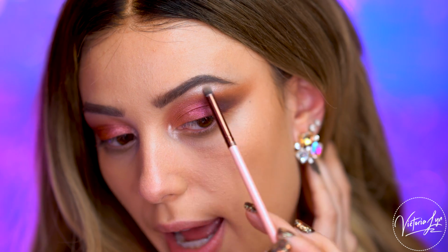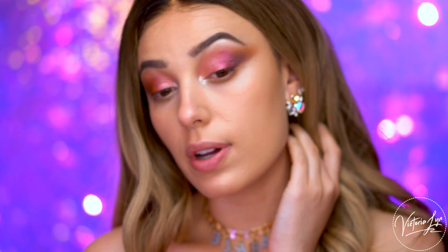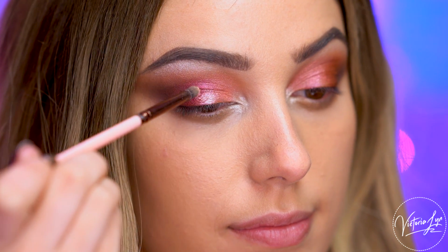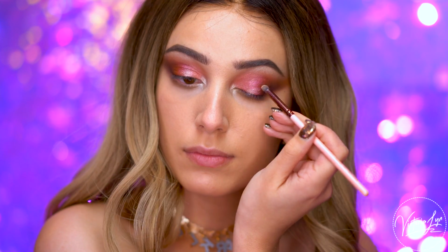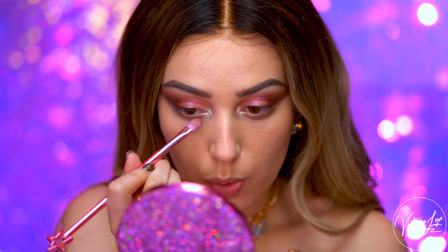I cannot wait to put this on my face. Look at that brow highlight. Oh my dear God. This highlight in the middle is amazing. I'm loving it. This is like MAC Nylon status. I'm also gonna take a little bit more of that highlight and just add it right into the center of the eye. And then lastly, I'm gonna pick up some more Mystical, and I'm just gonna work that on the